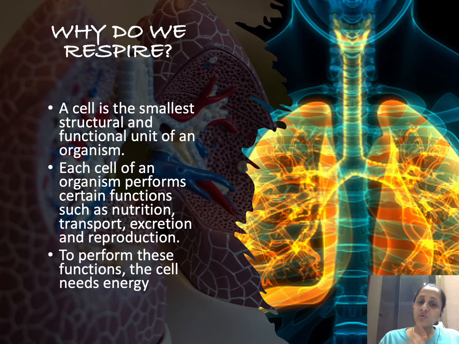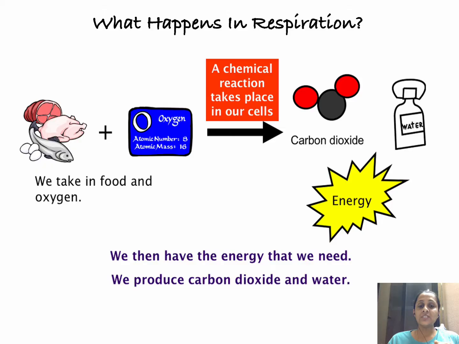We think that the food that we eat is giving us the energy, but our body is not able to take in the energy directly from the food. So from the food, the energy needs to be taken out with the help of oxygen. Like we take in food and oxygen, food plus oxygen definitely needed. Then there's a chemical reaction which is happening inside our cell. Because of that chemical reaction, carbon dioxide gas is released, some amount of water is released, plus a lot of energy is released in this process,